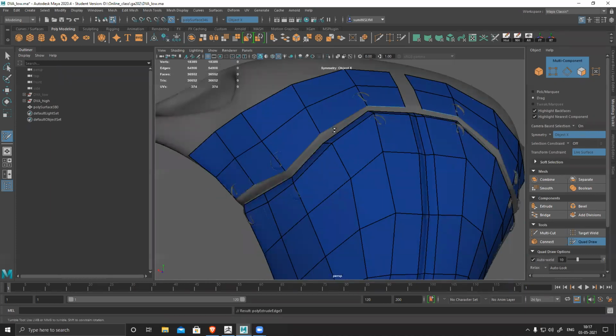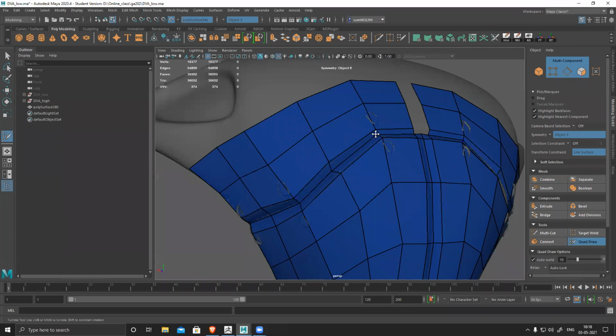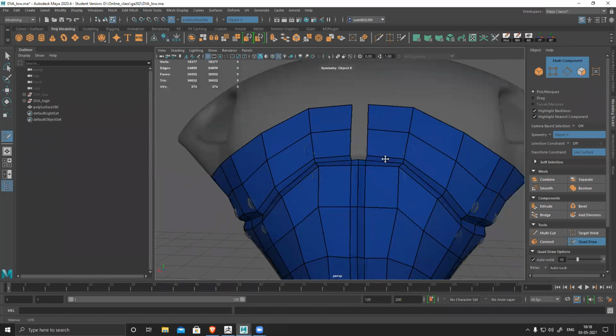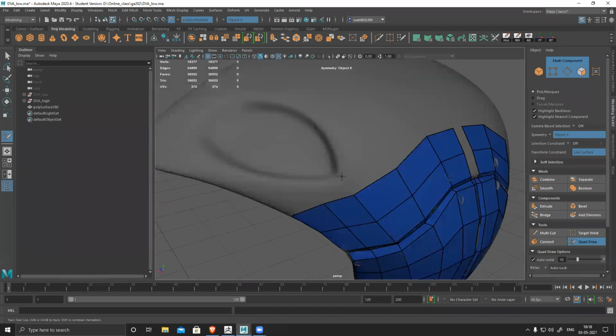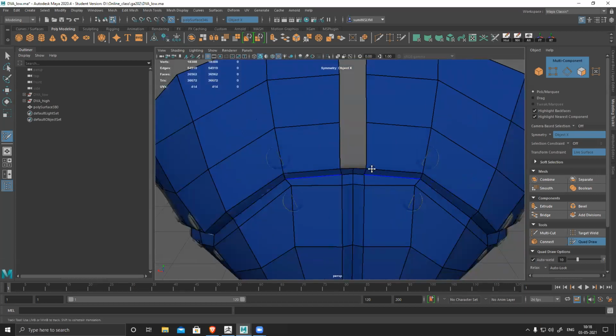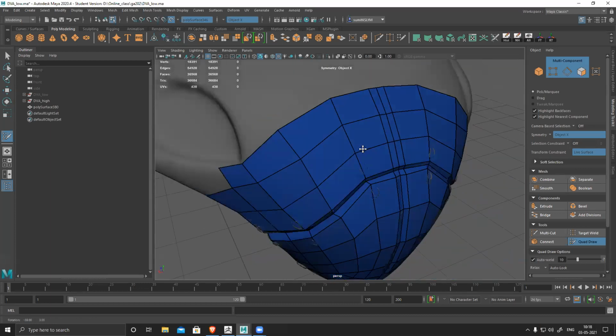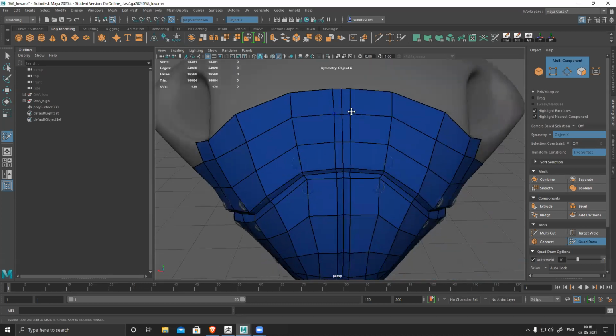Now Tab, extend this. You can see it snaps to the surface and automatically welds. It makes your life way easier and creates this polygon very easily and nicely. Now I have this surface, so I'll shape this. I have to fill this section. Like this I can generate, but now I can see this is quite close and this is quite a big polygon, this is a small polygon.